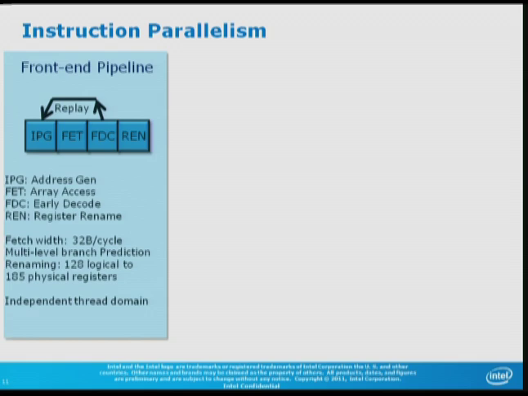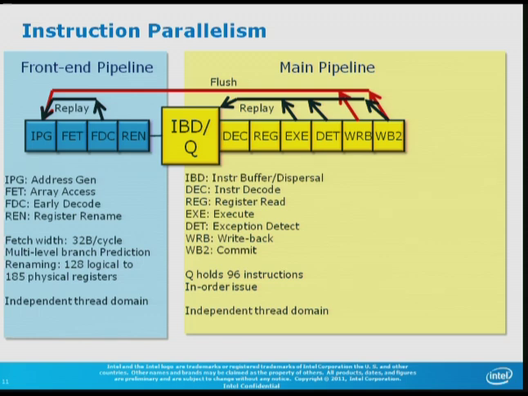The first pipeline is our front-end pipeline that's responsible for fetching instructions. It's got 4 stages: address generation, array access, a little bit of decode, and register rename. Register rename allows 128 logical registers as specified by the instruction set to map into 185 physical registers. The front-end pipeline feeds into the main pipeline,